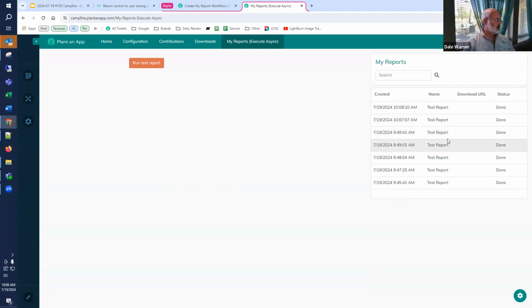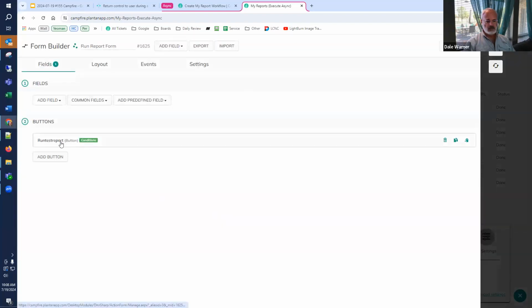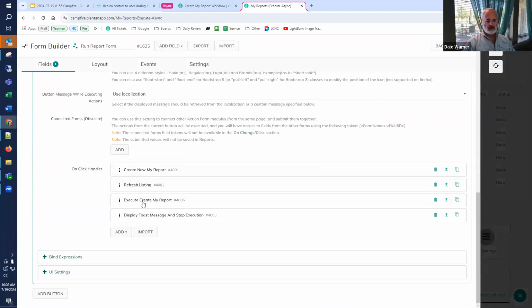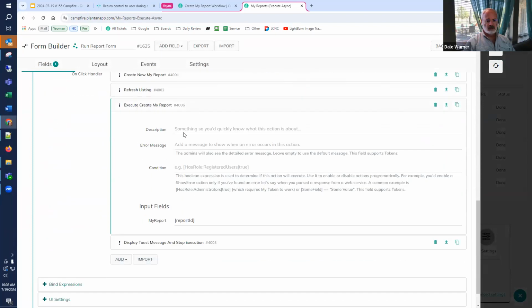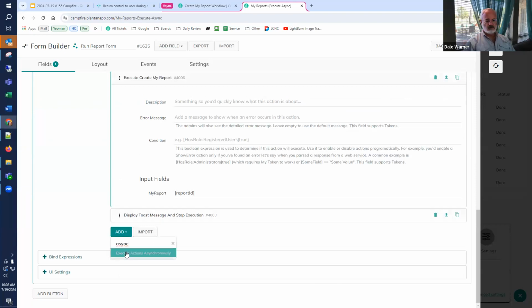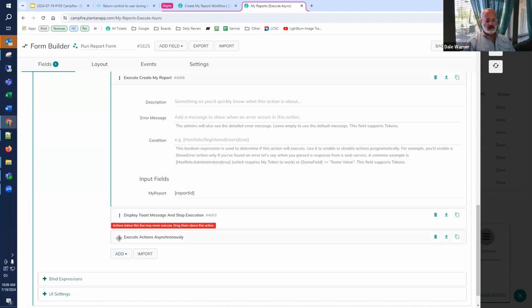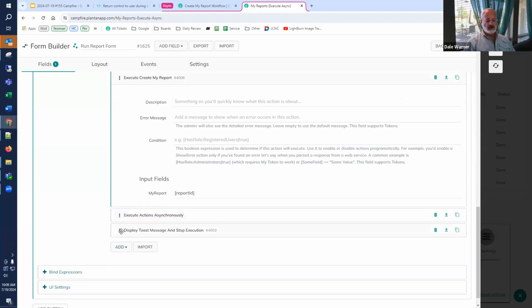Finally, I can get to what I suggested as a solution. If we go to our run report form, right here, this is the thing that's taking 10 seconds because it's running the execute create my report. If we add, and this is again one solution, if we look for the execute actions asynchronously, and I'm going to move it up here above the stop execution of toast.